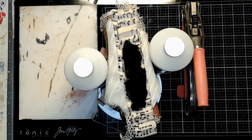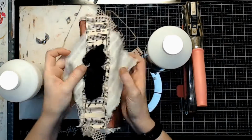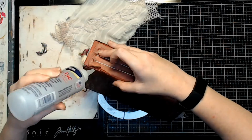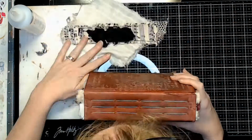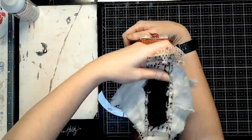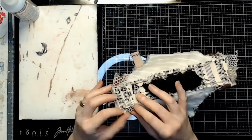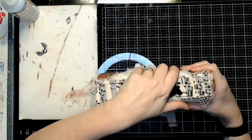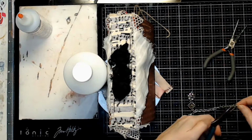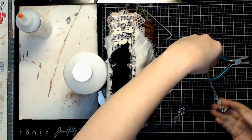And now I'm finally getting my spine all together. I grabbed up some fabric, I grabbed up that last bit of resist canvas. I'm trying to get this spine really solid. I don't know if so much solid, but like I said before, it was in some pretty rough shape when I started. So I just have fabric and some torn netting type material and that black rose ribbon stuff, and I stitched it all together, then glued it on down,